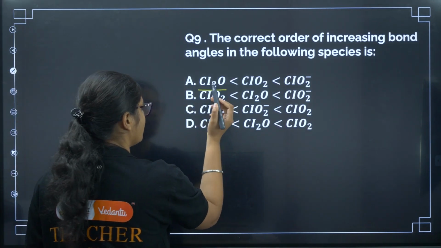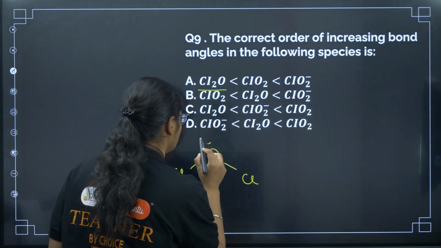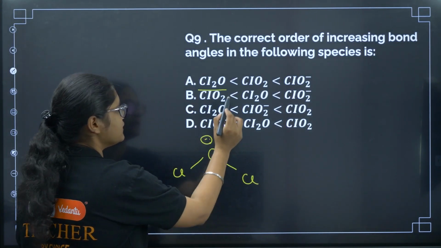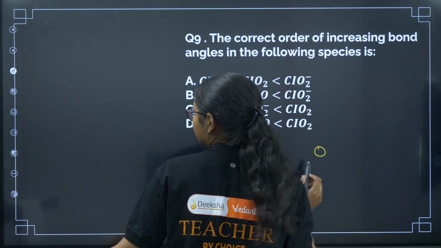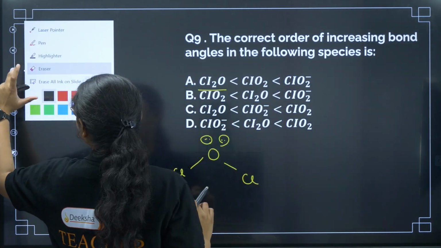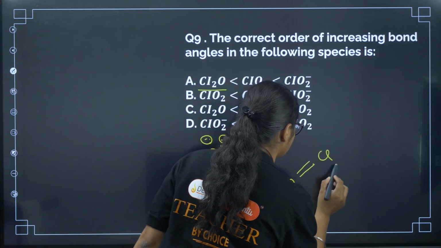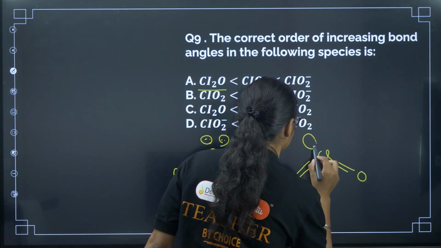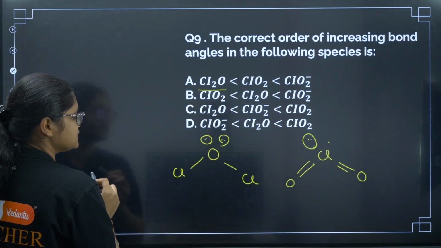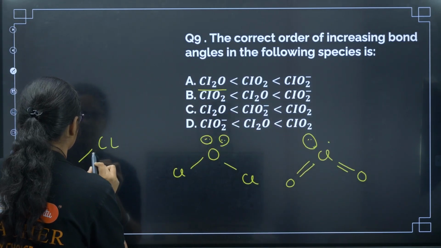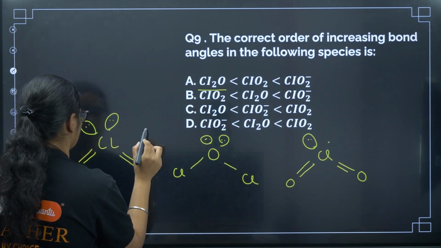We have Cl2O. If I draw this structure, this is Cl2 with 2 lone pairs, right? Next we have ClO2. So we will have the Cl at the center and O2, and we are left with one lone pair and one free odd electron. Next is the structure ClO2 minus. So this is like this. It has two lone pairs,